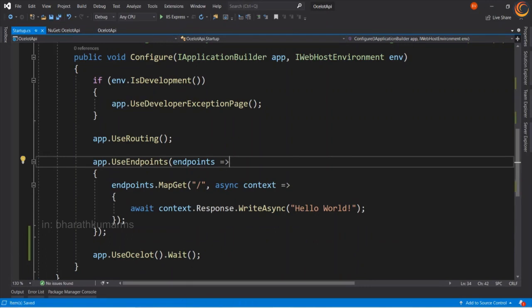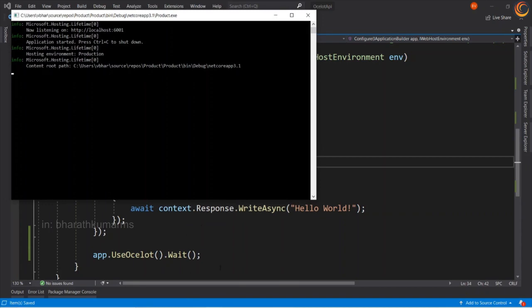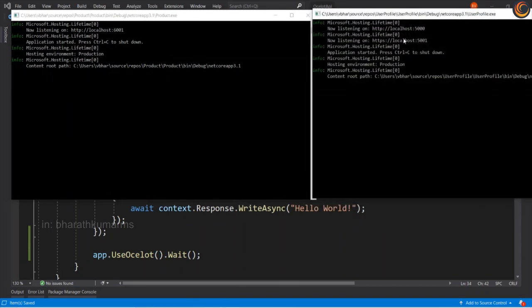And I have already created the products and the user profile API. You'll be able to see that these two are executing in 6001 and 5000 port. So if I go ahead and refresh it, the products API is returning the mobile and accessories, grocery and fashion as the API result, and the user profile is returning the ID 1, name Bharat, wish list count, open orders, address as the data.